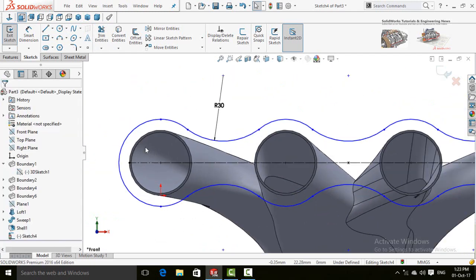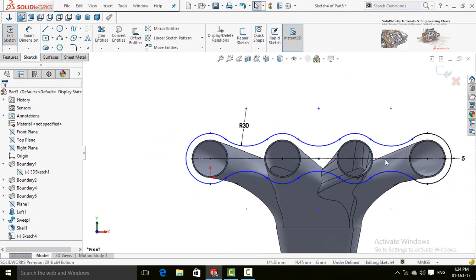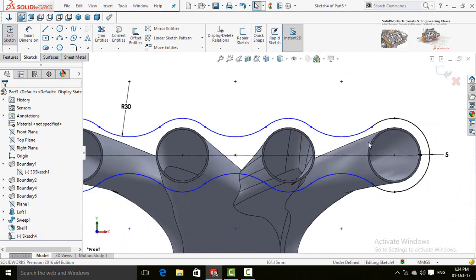Now press and hold Ctrl key and select the inner circles one by one. So it is difficult to select this one again. Try to select this circle, then this circle and this circle.